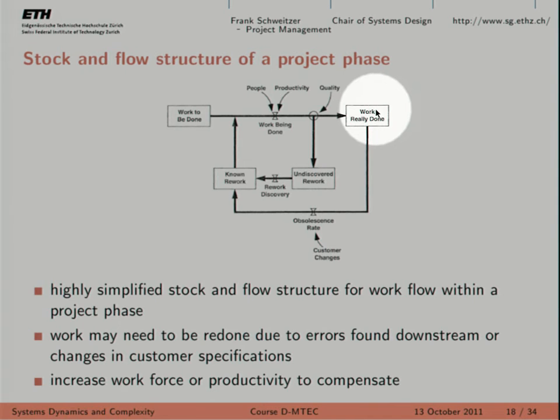What happens is you take some of the work which is really done, and you need to change that, right, to incorporate the customer changes, which goes back to the stock variable known as rework. So it's not a defect per se, but it still needs to be changed in some way. And then it goes here. So this is the second feedback loop, this one, which is entirely due to customer changes here. All right.